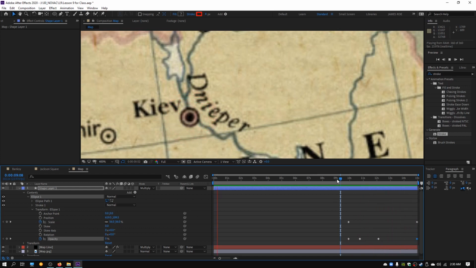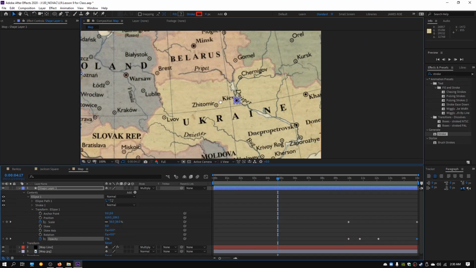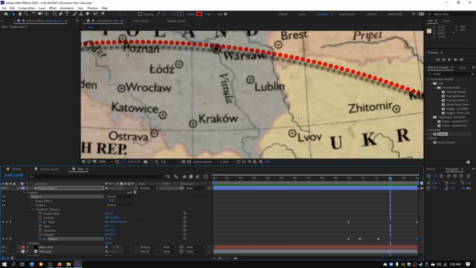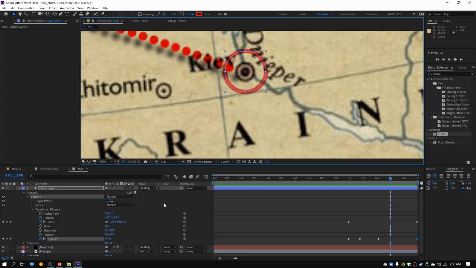There we go, that looks pretty nice. Let me get a look over here at everything that we've done so far. So there's my line, it's traveling, and there we go. Got a nice little red circle there growing. Okay, cool. The last thing I'll do to this layer before I leave it alone is I'll add that drop